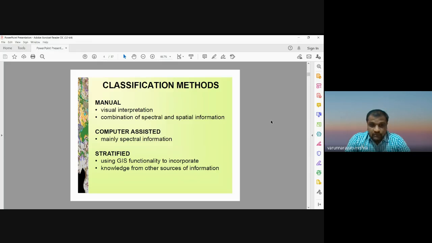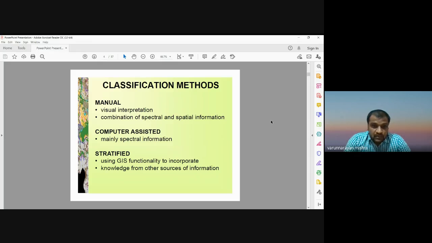After applying visual interpretation elements, we can identify or map different classes. So this is a manual classification method. In the manual classification method, we combine both the information acquired in terms of spectral and spatial. In this manual classification, we apply image interpretation elements visually, and visually we can identify different classes of interest. So we can do the classification, or assign the classes, on the basis of their spectral and spatial